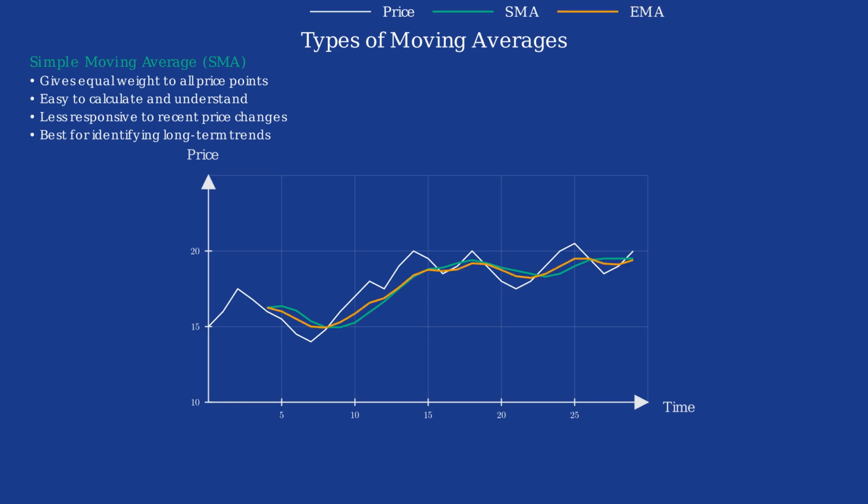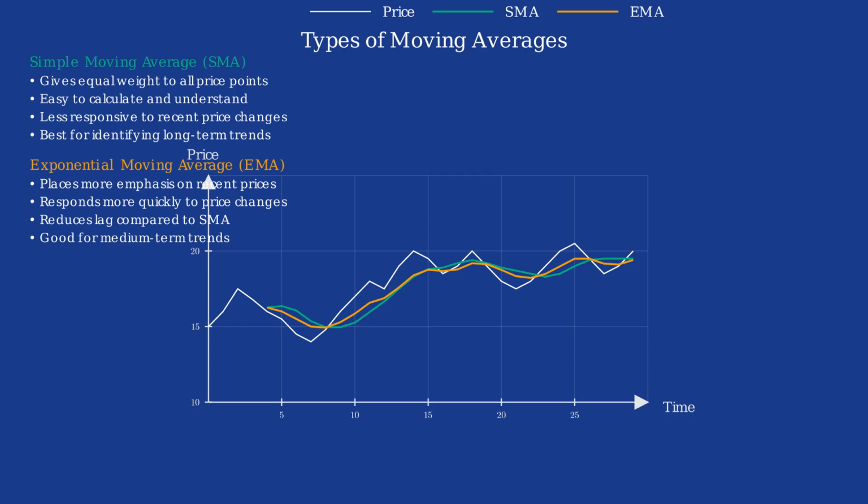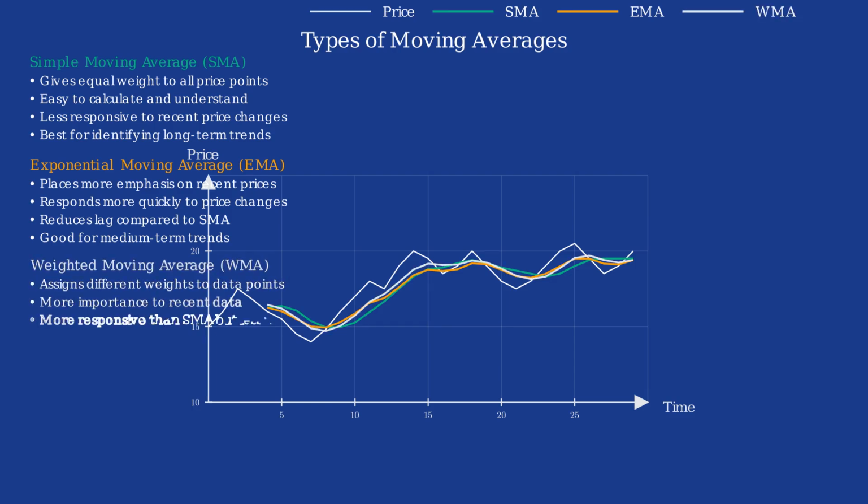The exponential moving average, or EMA, places more emphasis on recent prices. This makes it respond more quickly to price changes and reduces lag compared to the SMA, making it effective for capturing medium-term trends. The weighted moving average, or WMA, assigns different weights to data points, typically giving more importance to recent data. It's more responsive than the SMA, but less than the EMA, providing a good balance of responsiveness and